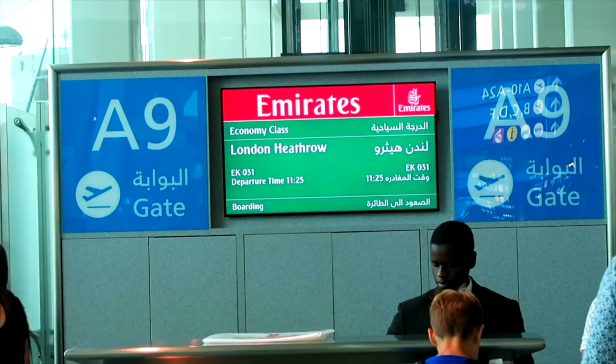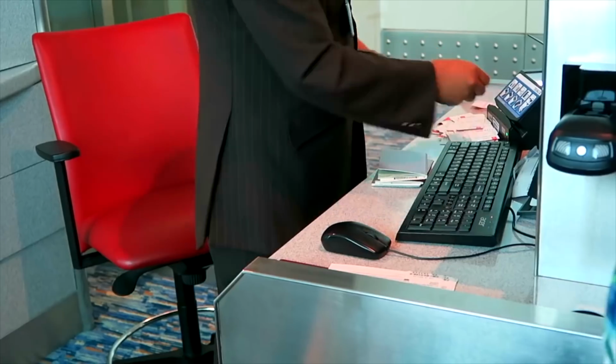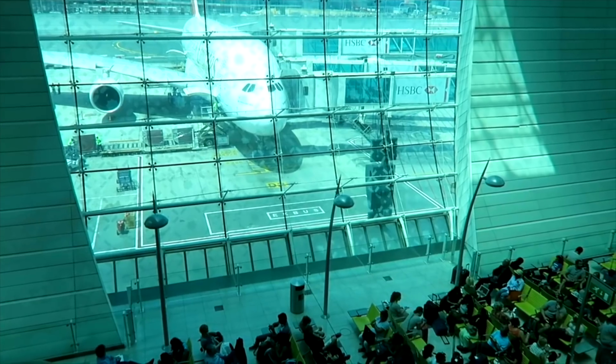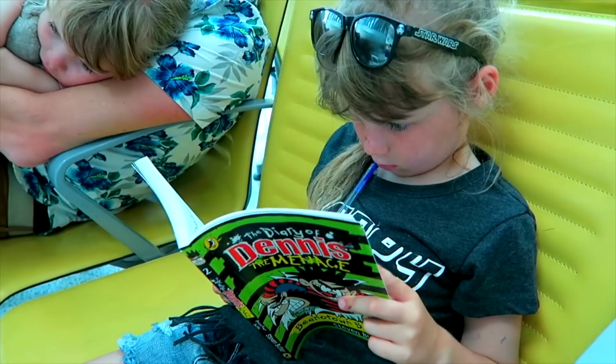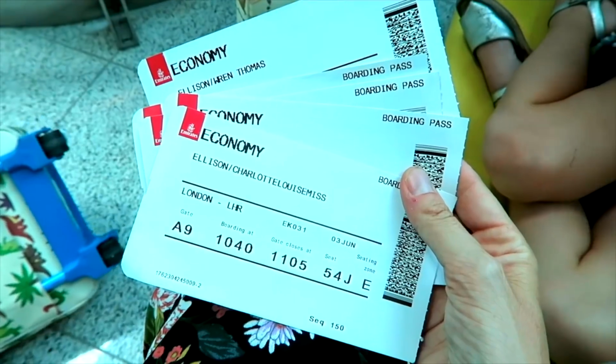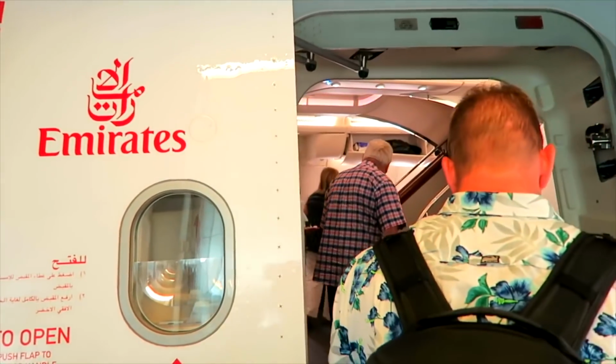I think people say, don't they, that the holiday starts when you get to the airport. I don't know if that's true with young children, but at the same time it makes it so much more relaxing. If you get to the airport, you can wander around, you can look at the planes. You have to look for them closely, but a lot of airports have little soft play